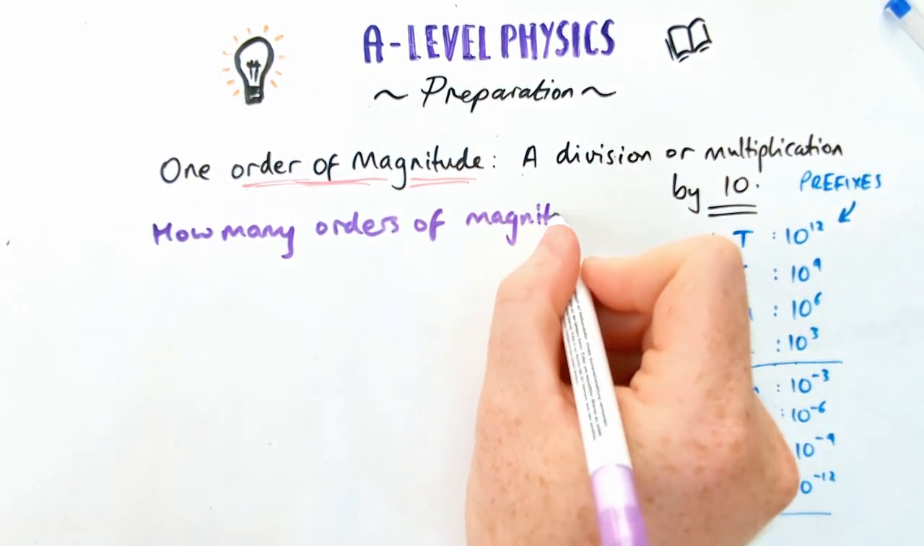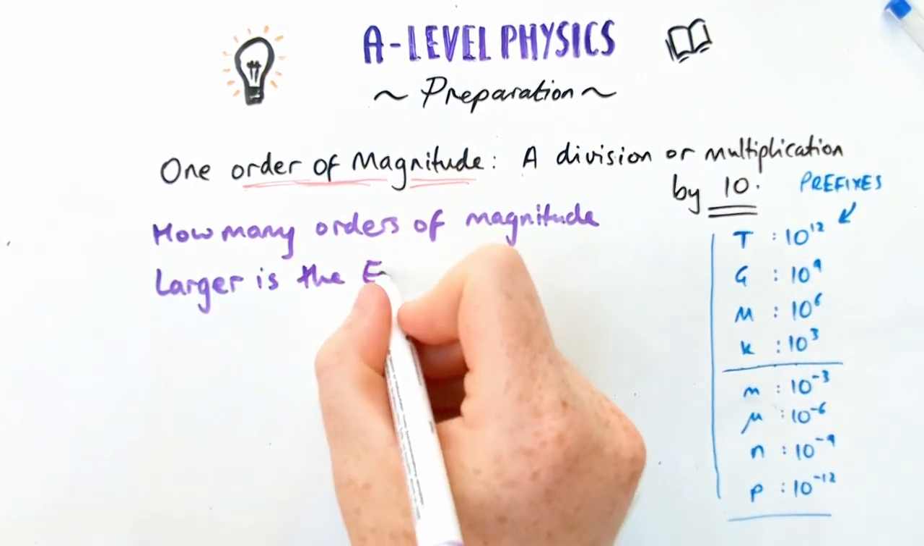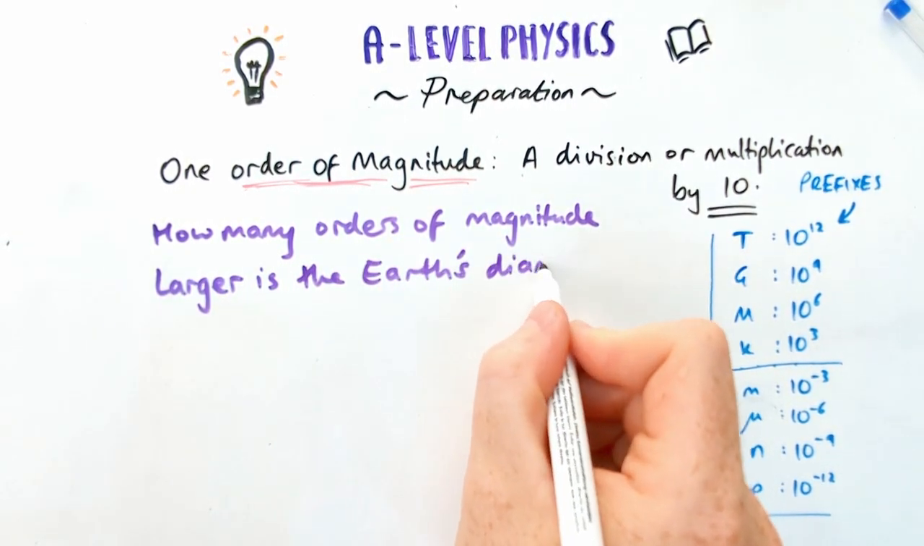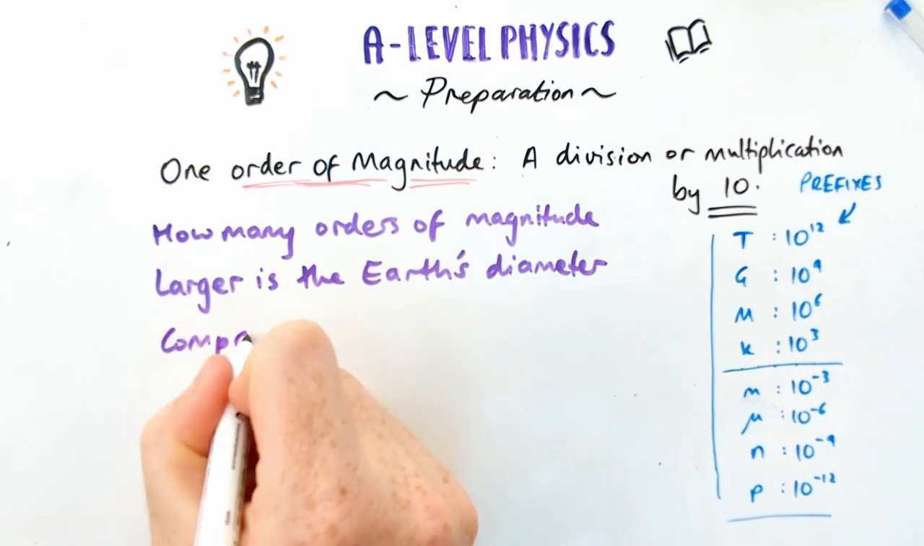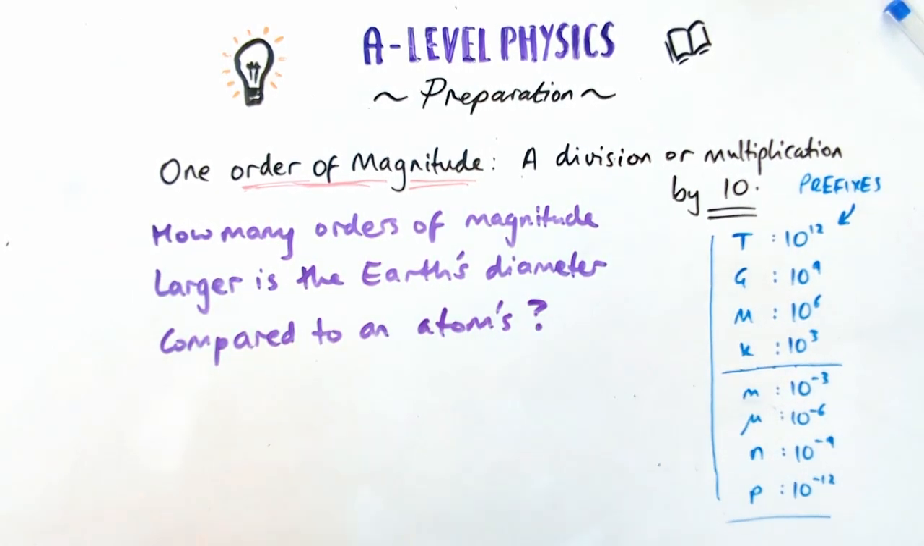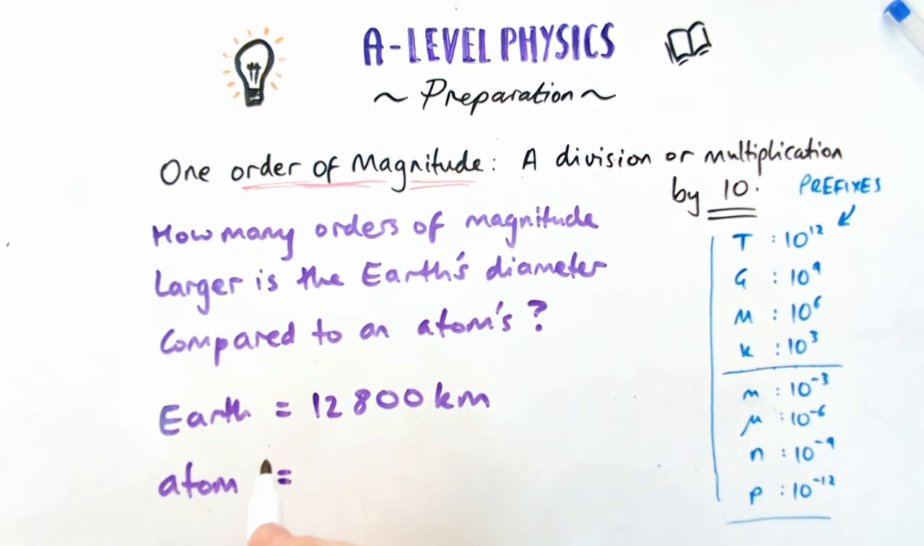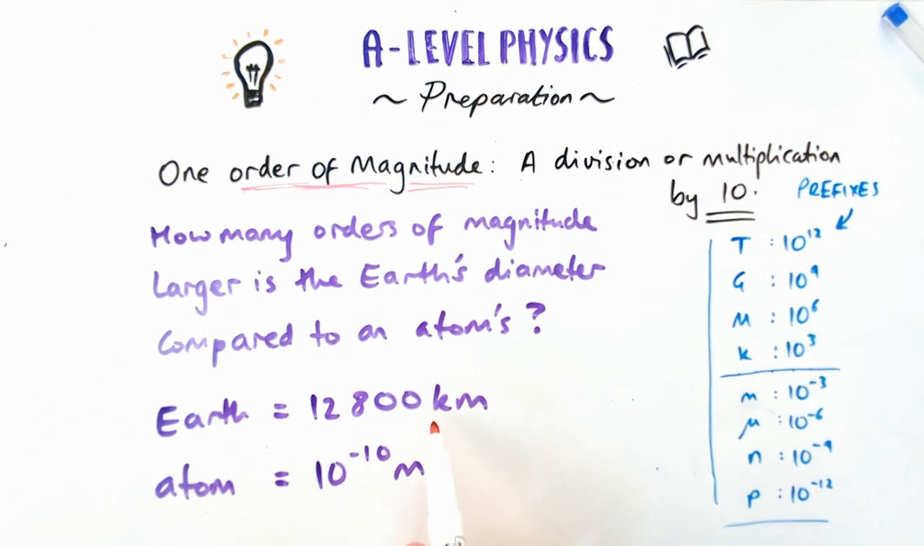So let's have a look at this question then. So the question goes something like this. How many orders of magnitude larger is the Earth's diameter compared to the diameter of an atom? So let's look at the figures first, because I wouldn't expect you to know them off the top of your head. So the Earth has a diameter of 12,800 kilometers, and the atom has a diameter of 10 to the